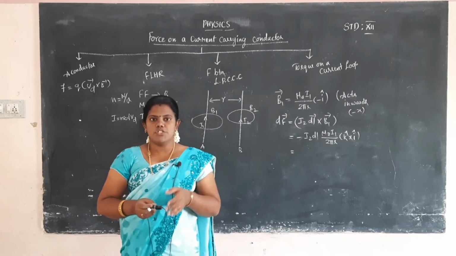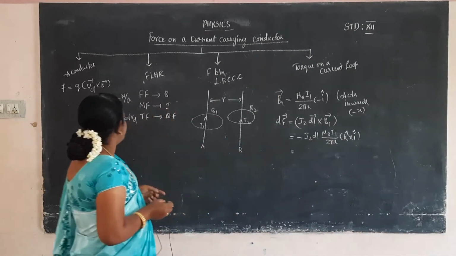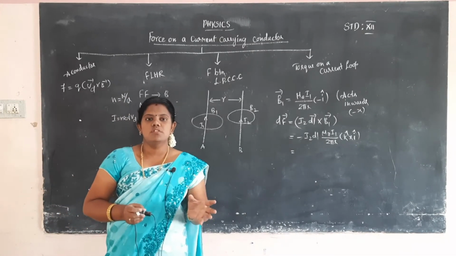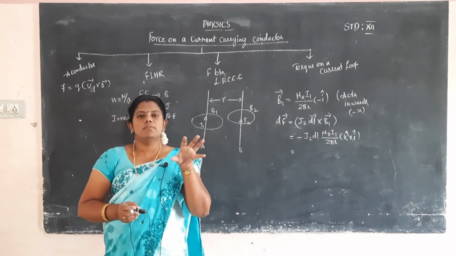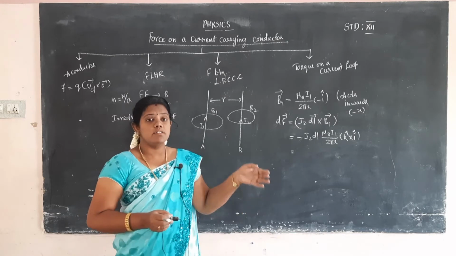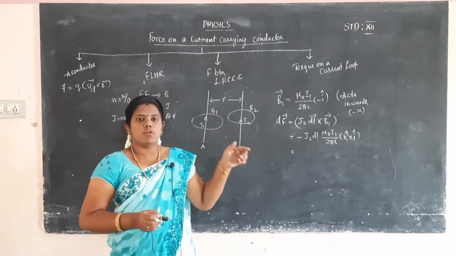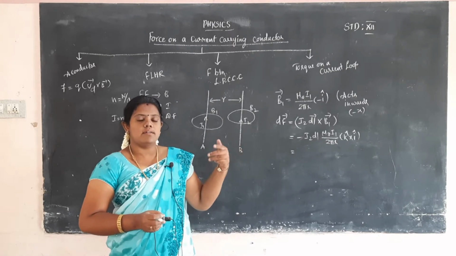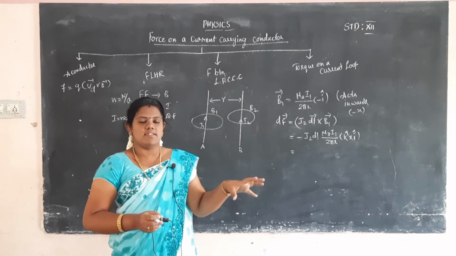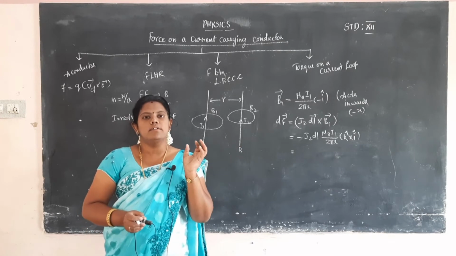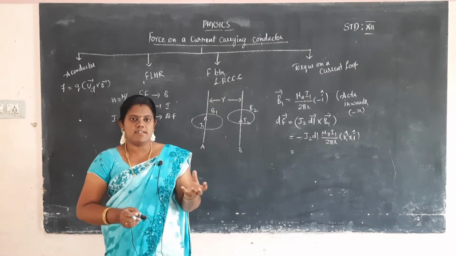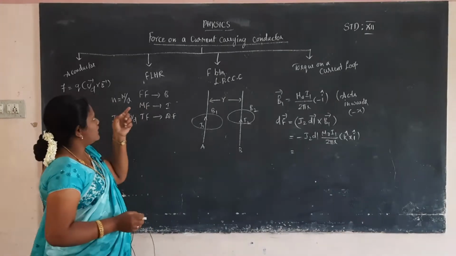In today's session I will explain a new topic, that is the force on a current carrying conductor. Already you learned in the lower classes what is force. Force means a push or pull on something, so that it will be moved. Due to the current carrying conductor, the electrons are moved, the current flows in the conductor, and nearby the conductor some force arises. So the flowing current in the conductor automatically creates a force in the conductor. That is today's topic, the force on a current carrying conductor.